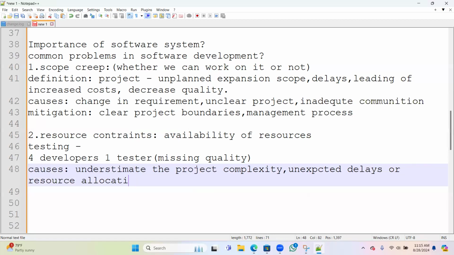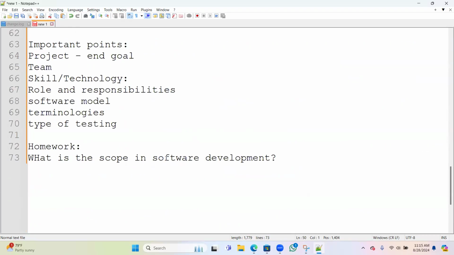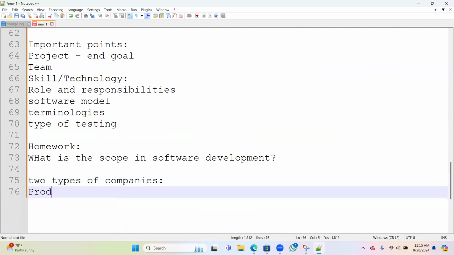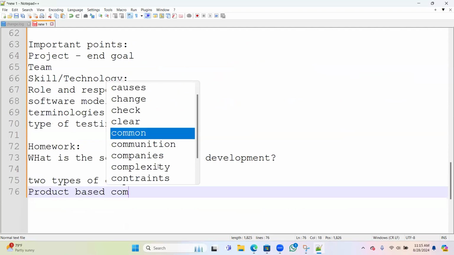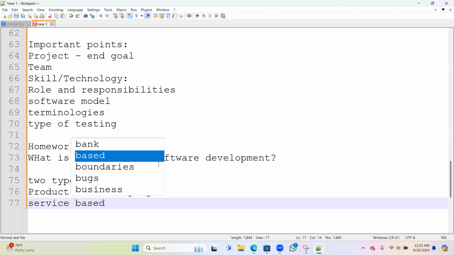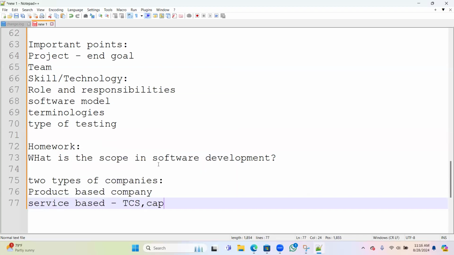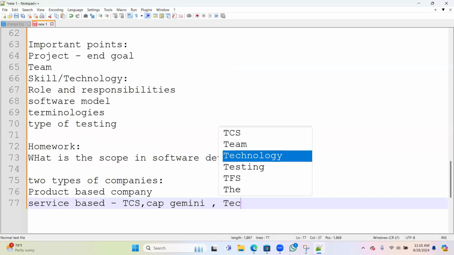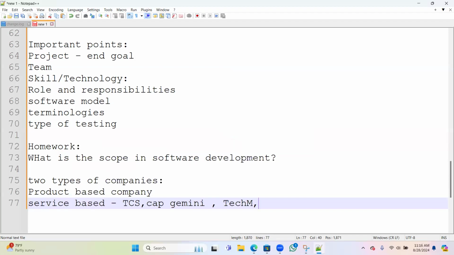Generally, I think you know there are two types of companies. What are those? One is a product based company, another one is a service based company. You have heard about TCS, Capgemini, Tech Mahindra.